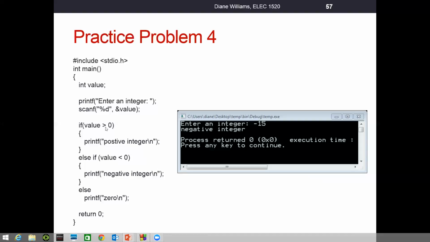Well, the condition value greater than 0 is true for a positive integer. We print out the message positive integer. So when this is true, we'll see this message print out, and it will skip over this code, and then the program will end. But if they enter a value that's not positive, so this is false, we come down